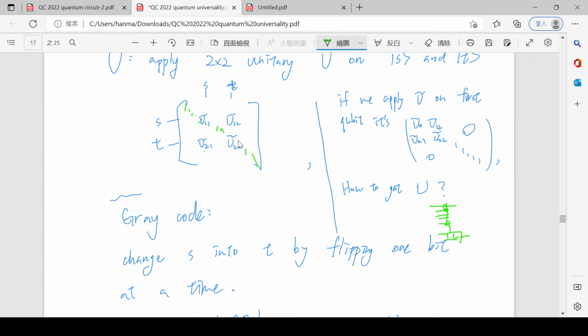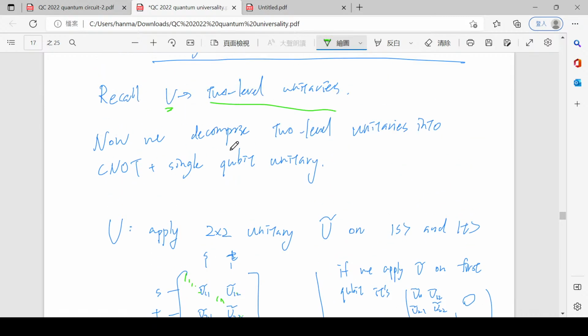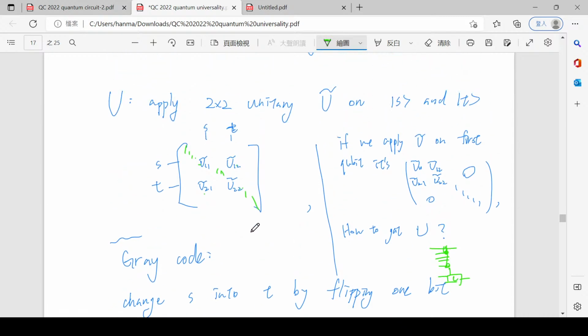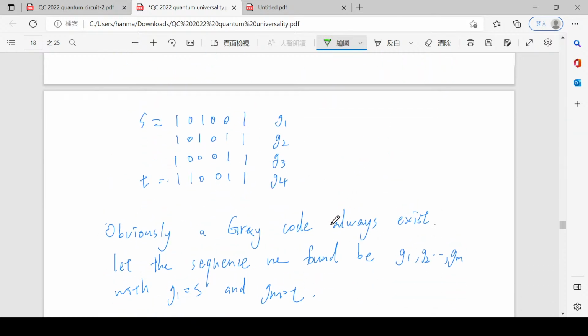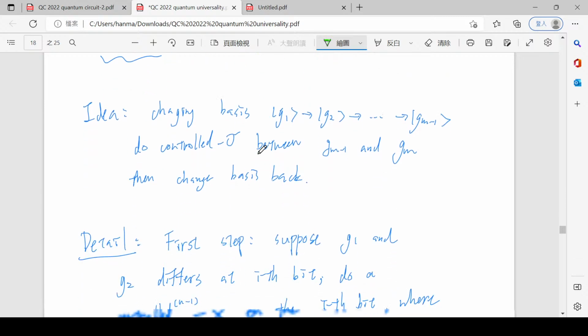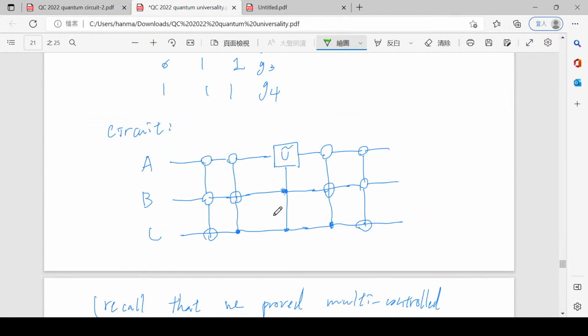Okay, so if we are applying this, we know how to apply this thing. This is a multi-control single qubit unitary, and as we said, it can be done with CNOT and single qubit unitary. And how do we switch from this to this? There is a little more detail, but this is basically some arithmetic. This 3-qubit example is tough, but